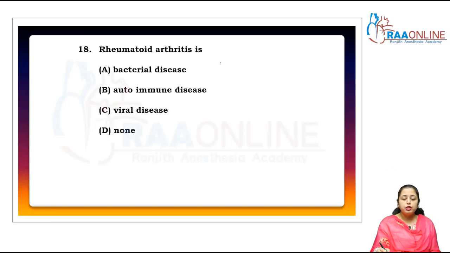Come to the next. Rheumatoid arthritis is an example of an autoimmune disorder, right? It's not related with bacterial diseases, not viral, not the other. Yes, sometimes in some patients, as a consequence of pneumonia, rheumatic arthritis can be seen, but it is an autoimmune disorder. It's not related with any kind of bacterial or viral disease. The consequences of any disease are a different thing, but itself it is